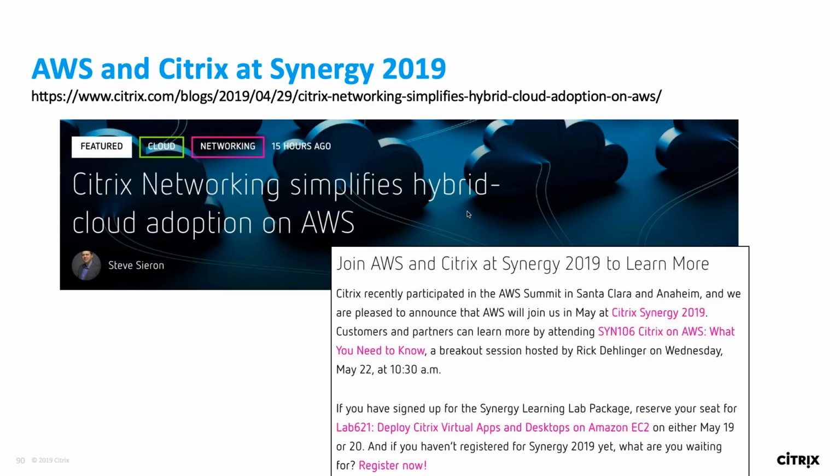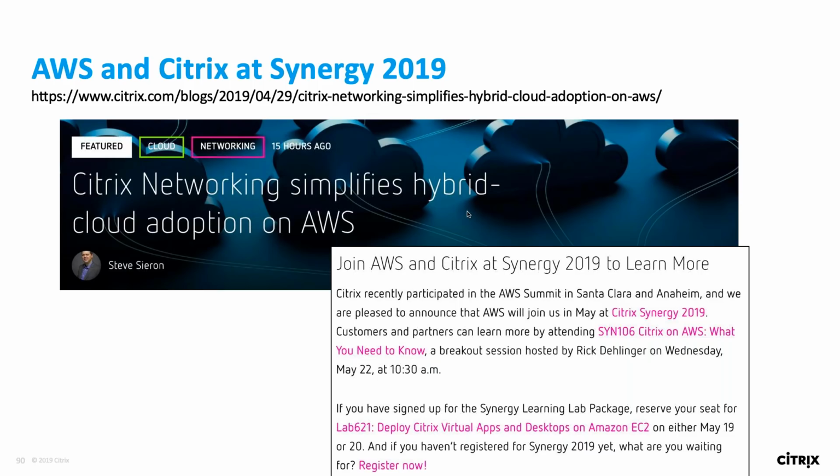But focusing just on AWS specifically, I'm excited because they will be coming and joining us at Citrix Synergy this year. So if you happen to be coming to Synergy or you have not yet registered, just be aware that AWS will be there. If AWS is a cloud platform that you're exploring or currently using, we have some content at Synergy featuring what's coming up and what's new and available in AWS.